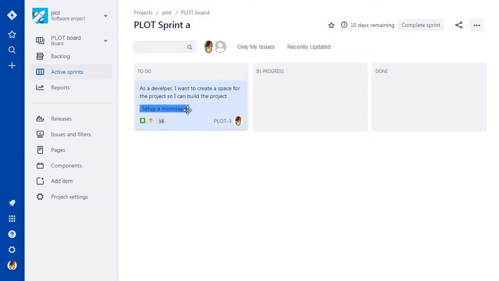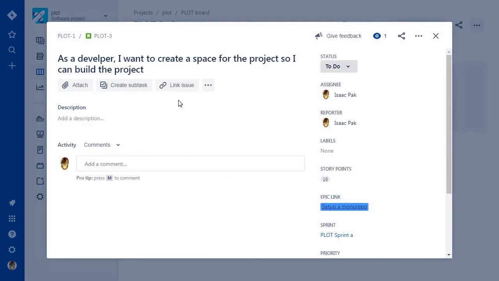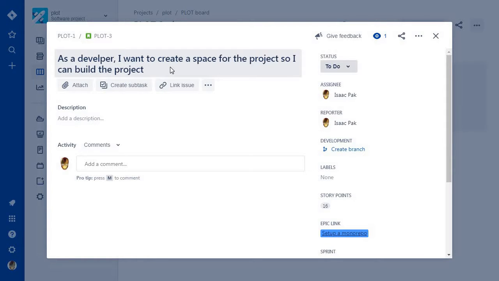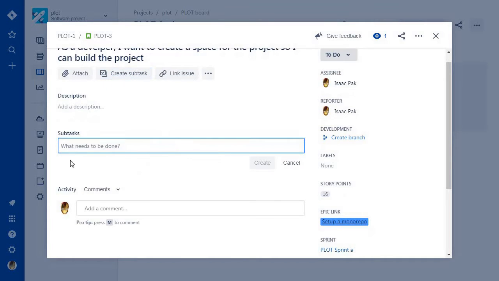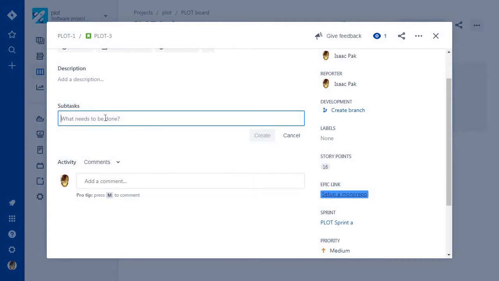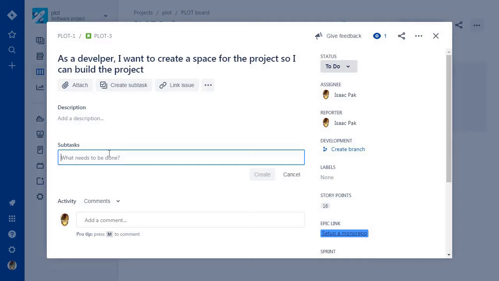Okay, so now that we have our epic, and then we created an issue for it, a story. Now we want to open up the story, and we want to create tasks for the story. And the tasks are going to be for, this is actual work that we're going to be doing here. And so the tasks for our framework, we'll start off with